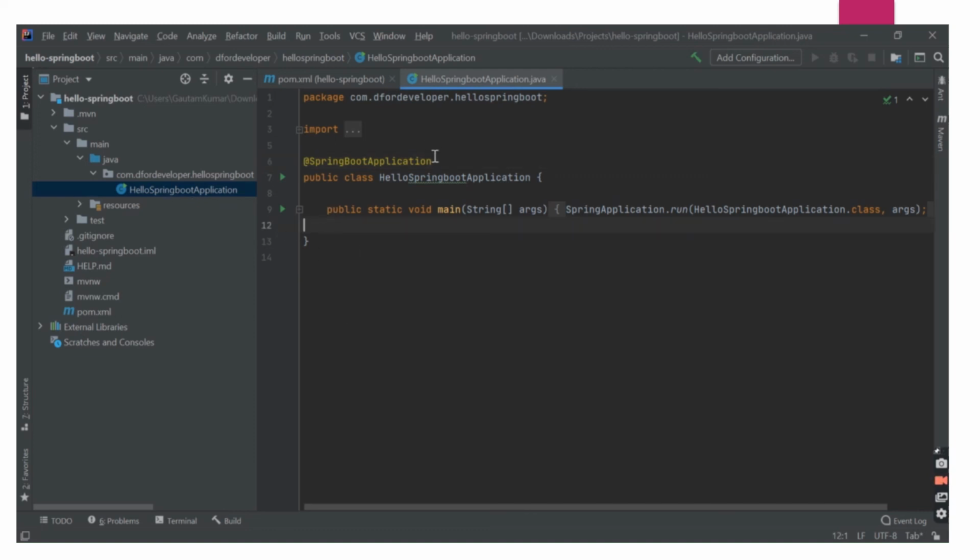So if you have opened the Hello Spring Boot application class, you have the main method. We'll try to run the application. So if you remember, till now we have not written any line of code manually, and not even done any sort of configuration except what we did in the Spring Initializer tool. Okay, but let's try to run it. Let's see if the magic of Spring Boot works. So we'll click on run. We have options of run or debug. We'll click on run. So if you see at the bottom, the project is building, so we'll give it a few seconds to build.